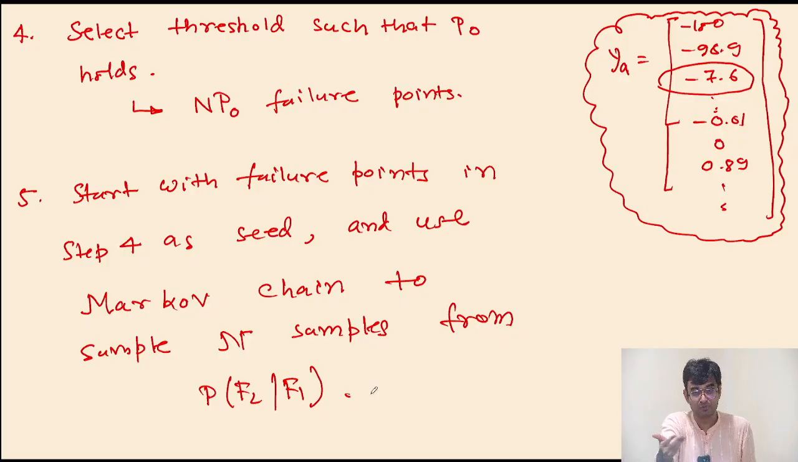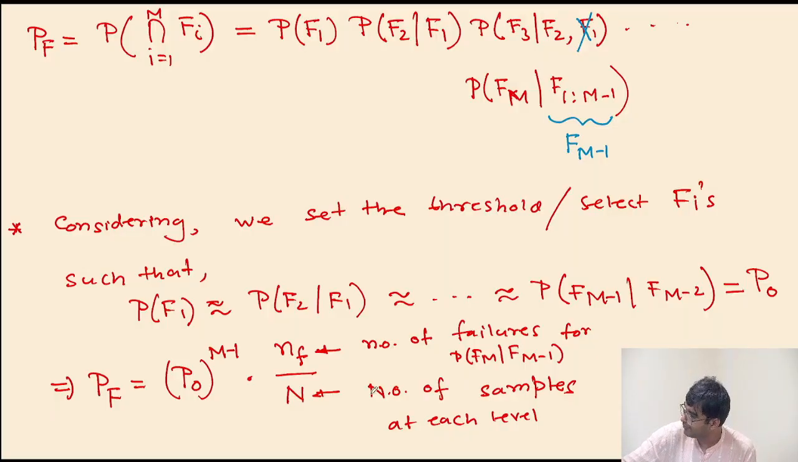Each time you will get P naught, P naught, P naught. The last one you have to again do Markov chain, but you will get NF by n, and then you will do the product, and that will give you your probability of failure. Okay. So the key element here is that how to sample from conditional distribution. If you can sample from conditional distribution, you are in a position to use where is the formula? That one, the bottom one. To use that P naught to the power m minus 1 multiplied by nf by n to compute the probability of failure. Assuming you can sample from